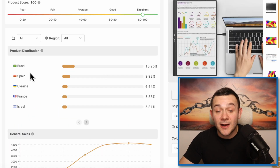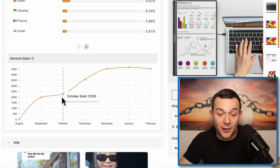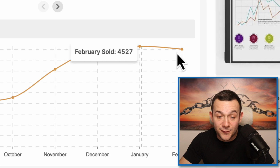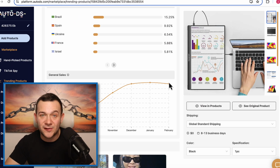Here you can see the different countries that the product is being sold in. And if I scroll down even further, you can see the amount of monthly sales that are occurring. This product has been massively trending upwards, and it's now got to a point where it's selling over 4,500 every single month. Now, to promote this product, which I'm going to be showing you exactly how to do on Pinterest,